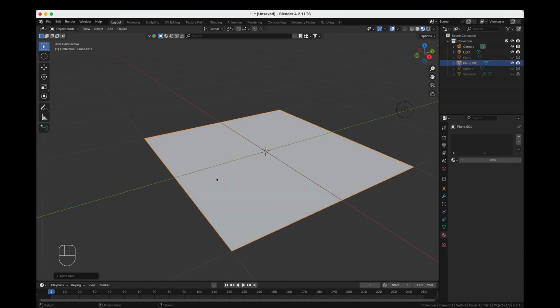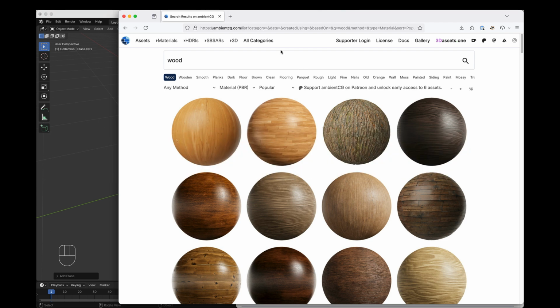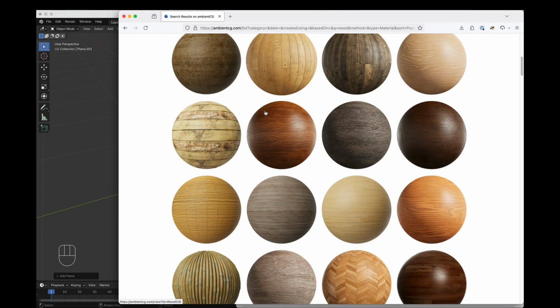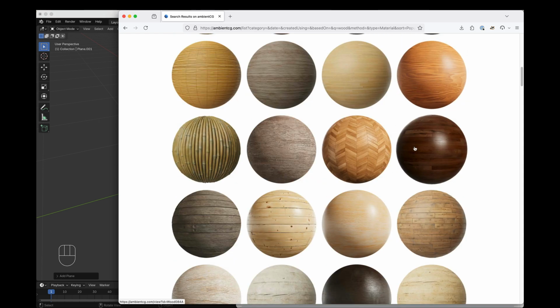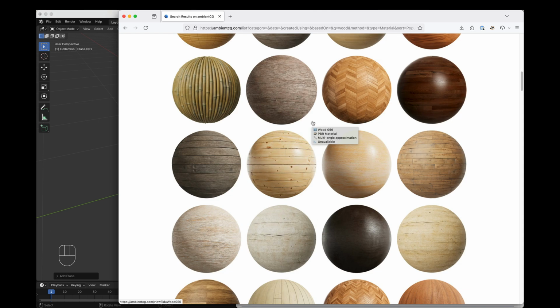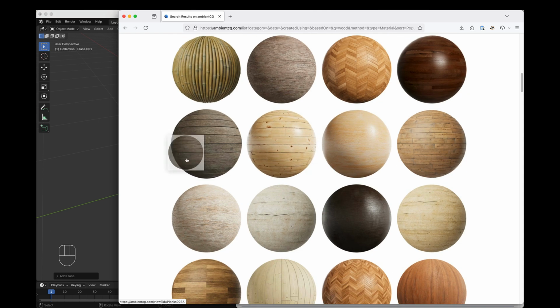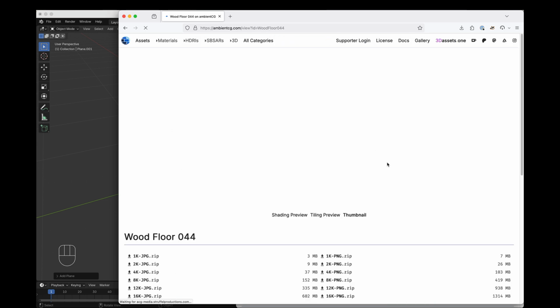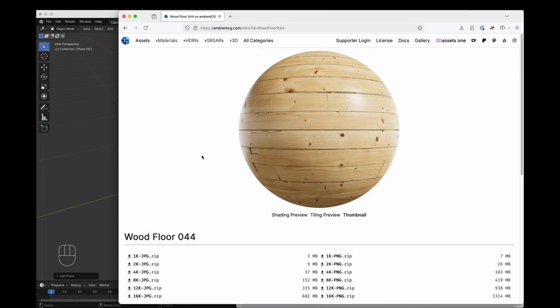And if I want to make this look like sand or grass, what I can do is go to a website like ambientcg.com, and I can find material that I want. Let's say I want to make that a floor. Let's say I like these floorboards here. I can go ahead and click on that,